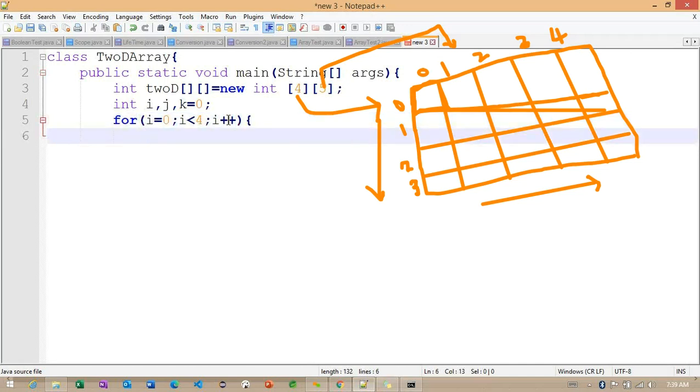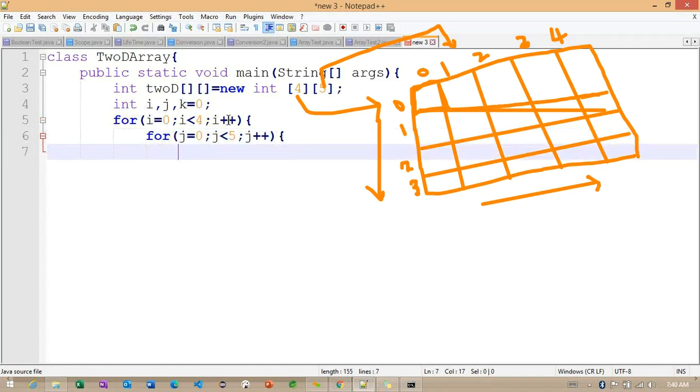After this, I'm creating one more loop, and this loop I'm making as j. Getting the point? Observe here, j less than... here I'm making the condition for the second dimension. The second dimension we are calling the column, and j++. Carefully observe, whenever we work with multiple for loops, we need to check each and every loop, because the nested loop is going to repeat multiple times compared to the outer loop.